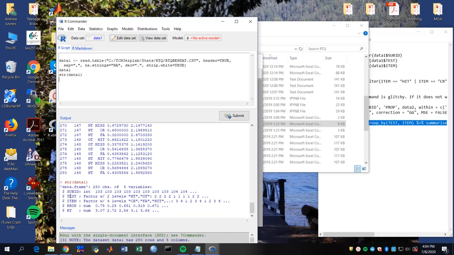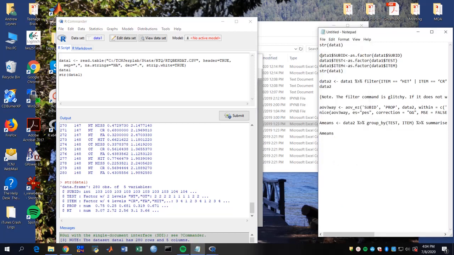That's good. Test and item are factors, which is good, but the subject identification number is not treated as a factor. What we want to do is make that a factor for our analysis, because we can put the subject identification number in the afex package. You have to put that in because repeated measures calculates subject variability. So we want to change that,